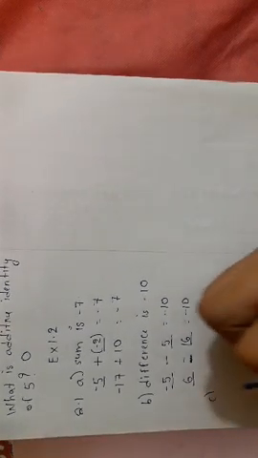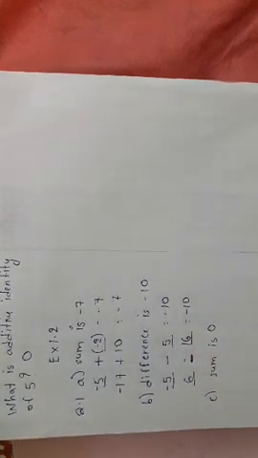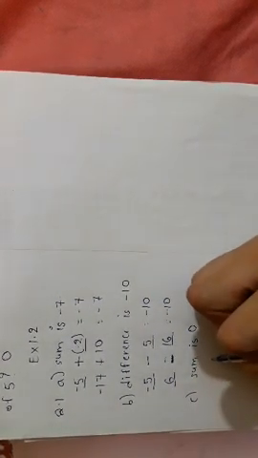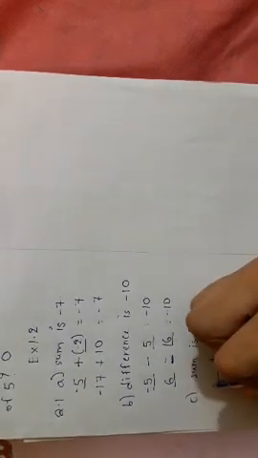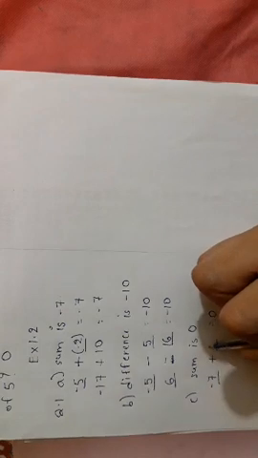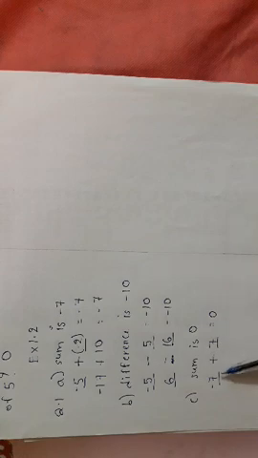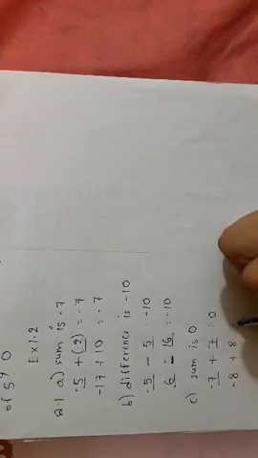After that, part C. Over here it is written that the sum is equal to 0. This question is a little bit easy because it is the same as the additive identity which we had discussed over here. That is, two numbers whose sum will be equal to 0. So if I consider -7, we want the answer 0. So the additive identity of -7 is +7. So -7 plus 7 is equal to 0. After that, other number, if I consider -8, whose addition is +8, so again it will be 0.